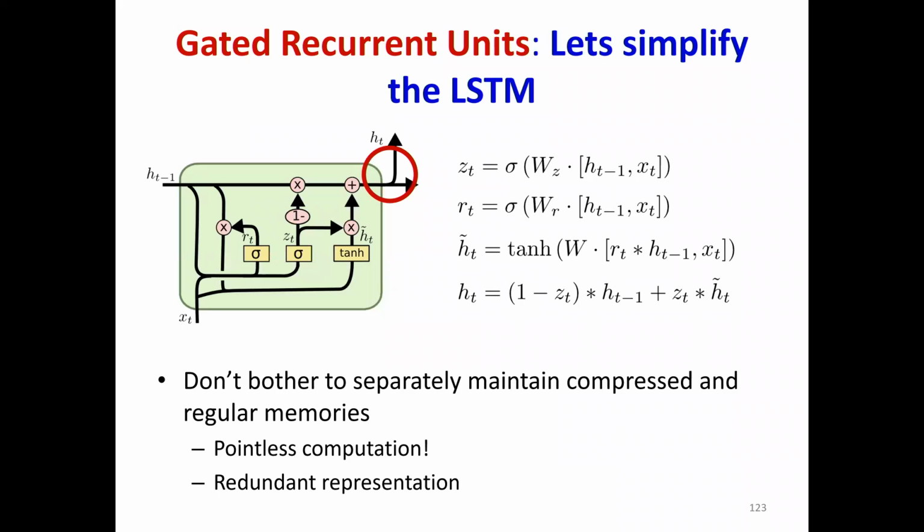And then similarly, we were retaining two different versions of the recurrent state. You had the raw memory, then you had the compressed version of the raw memory. Both of them are the same thing. Why retain two of them? So you just have one single constant error carousel line. And when you actually want to operate on it, at the time of operation, before you use it, you put it through a nonlinear compression. You can gate it. There's a gate over here, which modifies the value and then puts it through a nonlinear compression. So you get rid of some of the operations in the process.